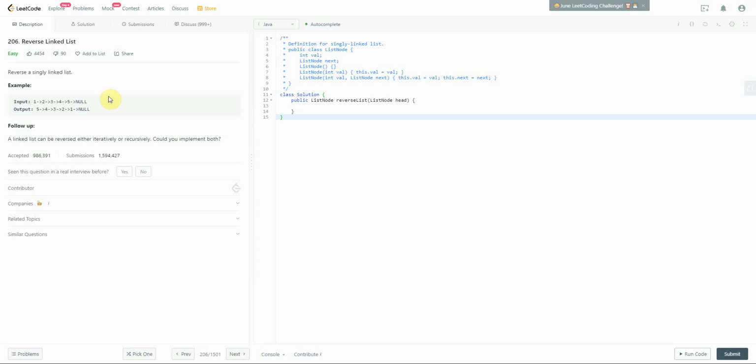So if you can master some of the easy ones like reverse linked list, not only is it going to give you confidence in solving the medium ones, but there are some which actually implement linked list or reversing the linked list as part of the solution. So with that said,